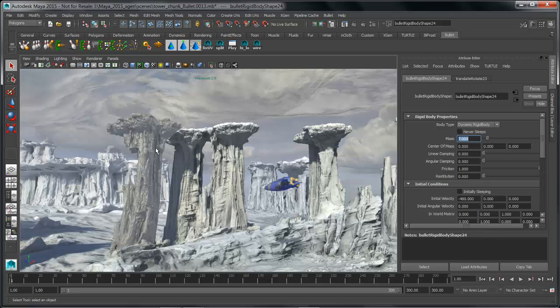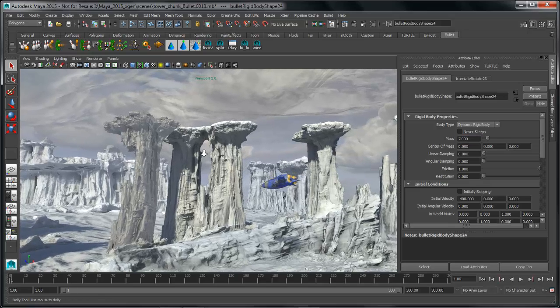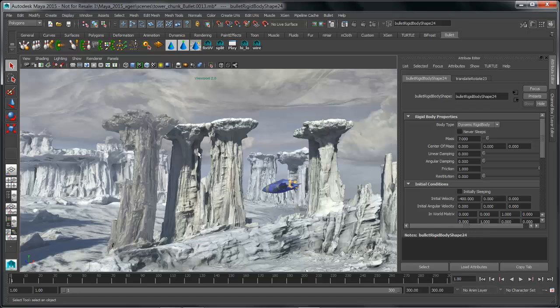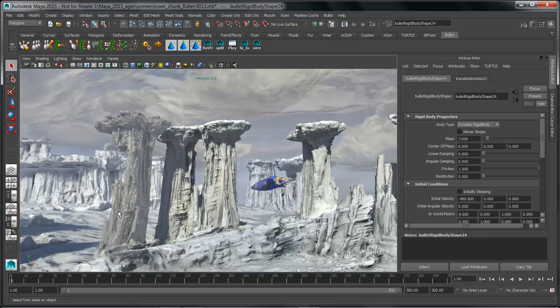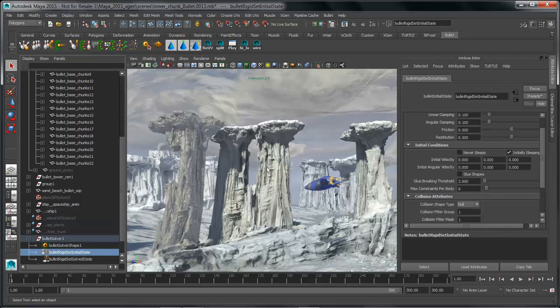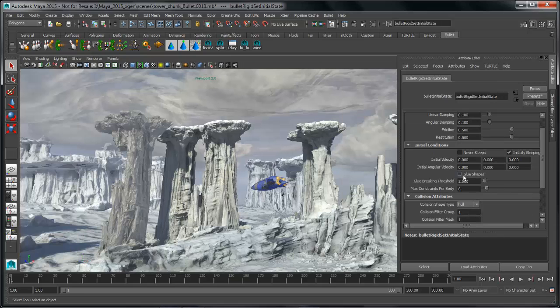So what we want to do is use another option that comes with rigid sets to join these objects together. All those individual chunks, I want to have them have relationships to each other. And we do that using glue. So let's go ahead and jump over to our rigid set. We'll grab that node one more time. We'll turn on glue shape. Now if we turn the glue shape on and we just jump back to the solver,